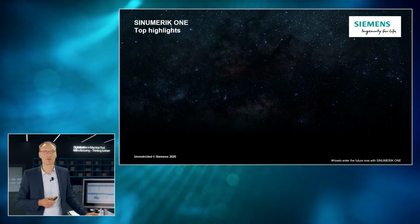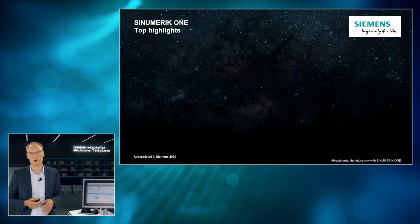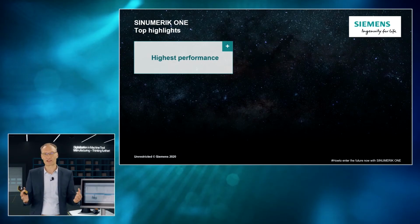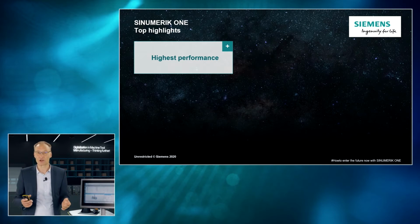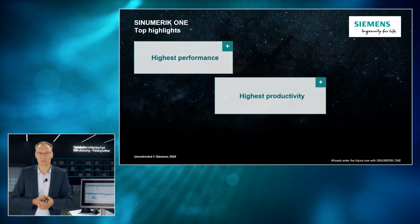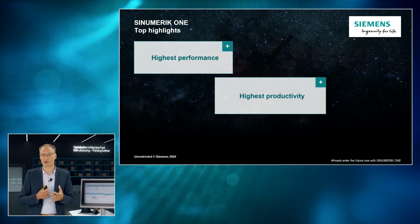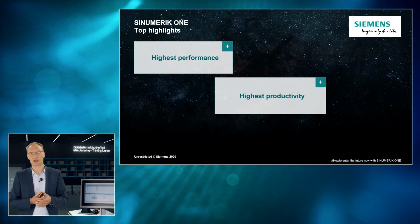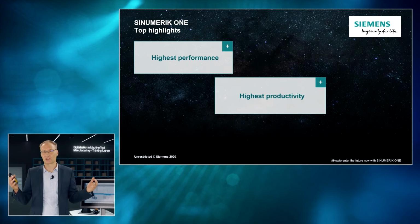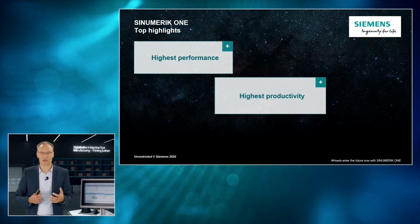I would like to give you 5 top highlights of the real SINUMERIK ONE. Highest performance. With new high-performance hardware with multi-core technology, integration of an extremely fast PLC S7-1500 and a fast communication interface, you get the highest system performance. Highest productivity. The high productivity depends, of course, on the new performance of the hardware just mentioned, but also on